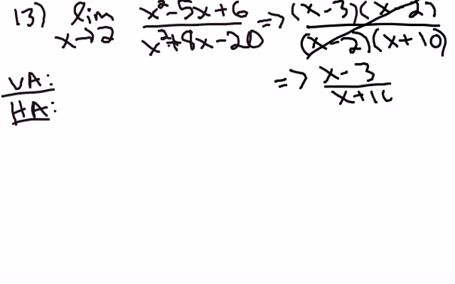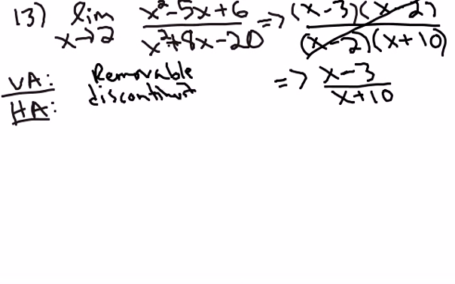And so that means that there's going to be a removable discontinuity. Okay. So basing everything off of this function except for that removable discontinuity, you can see there's a vertical asymptote